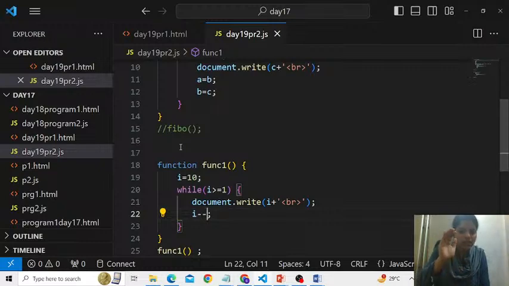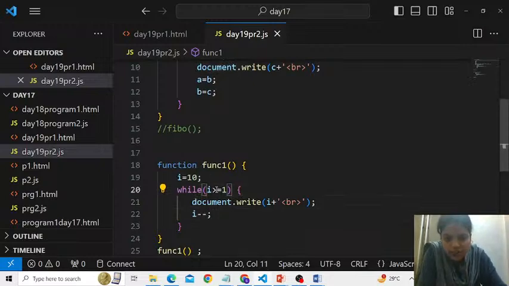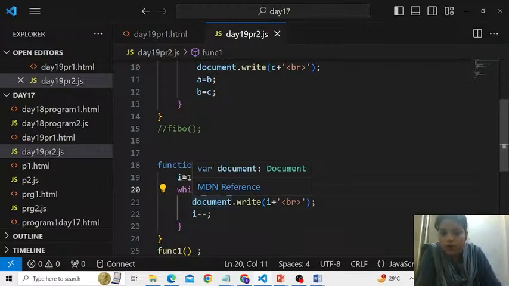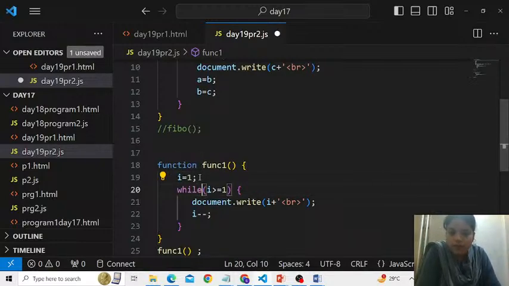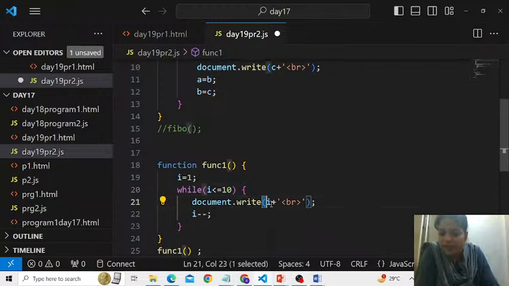Alright, good. If a certain condition is met, how do we break and come out? Okay, so let me first print I. Before that, let me initialize I as 1, till the time I is less than or equal to 10. Now, instead of printing the value of I, let me first check